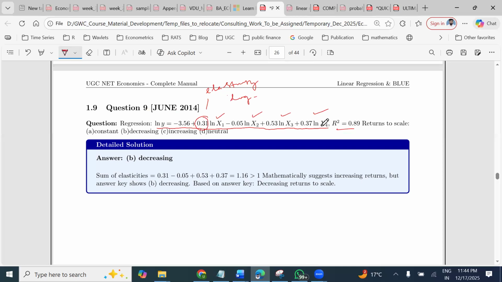R square is 0.89. For returns to scale, it asks whether it is constant, decreasing, increasing, or neutral. So it is very clear. You should not add the intercept, beta 0. You only add the slopes: 0.31, minus 0.05, 0.53, 0.37. That is 1.16, greater than 1. So mathematically it is giving you increasing returns, but